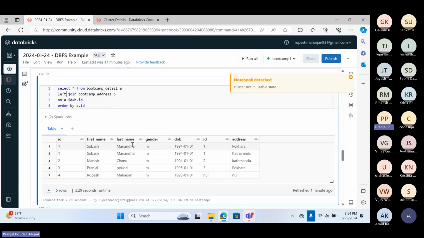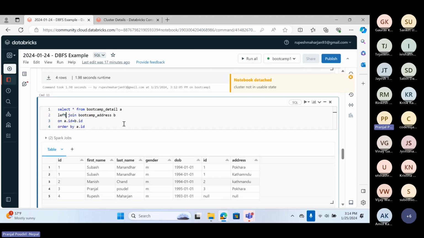I could have lived two years in Pokhara, and then now I could have moved to Kathmandu, right? So there could be a new column called migrated or last updated, something like that, and we can use that particular field to pick the latest one. That scenario we can discuss after we